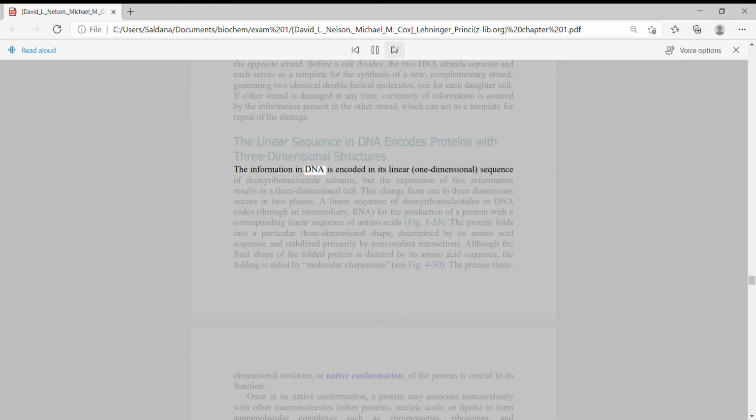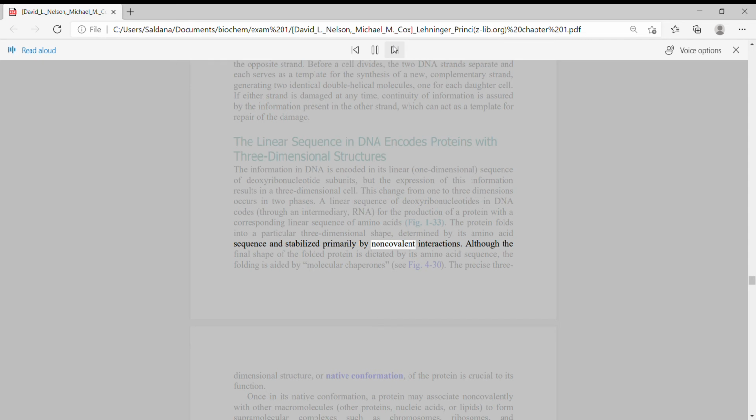The information in DNA is encoded in its linear, one-dimensional sequence of deoxyribonucleotide subunits, but the expression of this information results in a three-dimensional cell. This change from one to three dimensions occurs in two phases. A linear sequence of deoxyribonucleotides in DNA codes, through an intermediary, RNA, for the production of a protein with a corresponding linear sequence of amino acids, Fig. 1-33. The protein folds into a particular three-dimensional shape, determined by its amino acid sequence and stabilized primarily